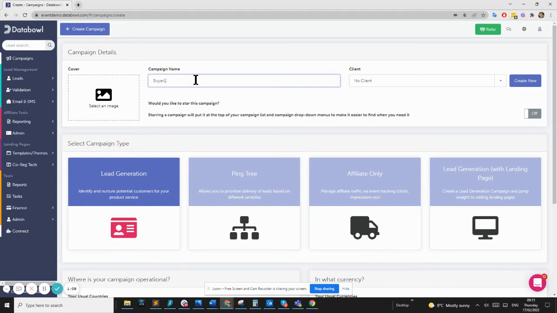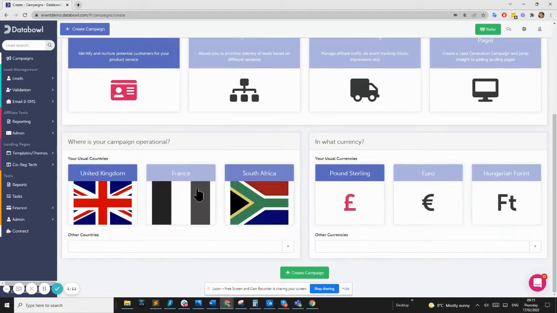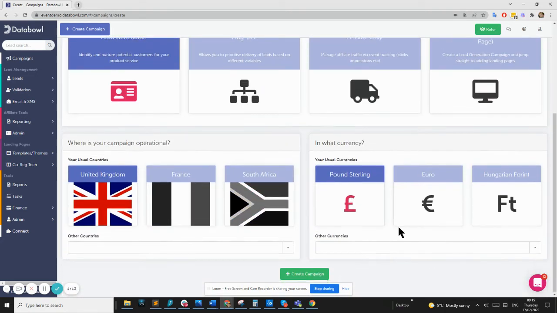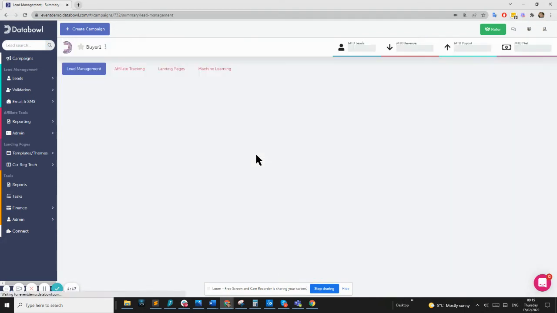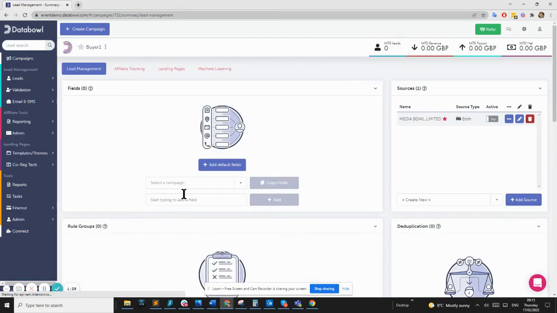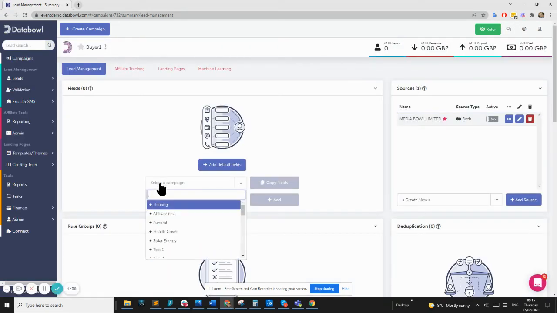So if I go buyer 1, so this is essentially our client, and in this case it's a lead gen campaign, and I would create that. And the best thing to do here would be to copy over the fields from the existing campaign that you just created, the Pingtree campaign. So there's an option here to select the campaign. So if I type in PT, I can copy the fields over,